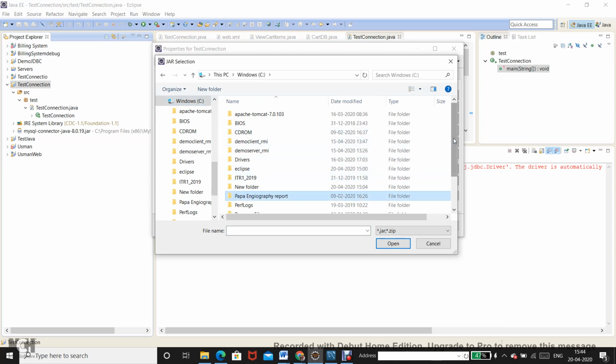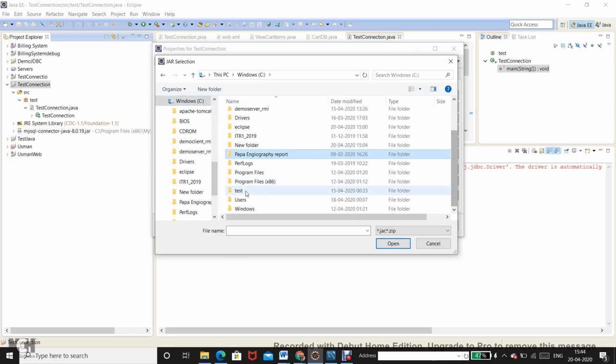In C drive you will find two program files folders. One is the normal Program Files and one is Program Files (x86). In a 32-bit machine you will just find Program Files (x86), so people who have a 32-bit machine need not worry. But for 64-bit machines, which are the newer machines coming in the last 5-6 years, you will typically find two folders. There is a MySQL folder in both, but you have to choose the x86 version of the program files.